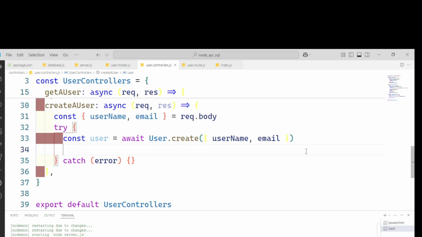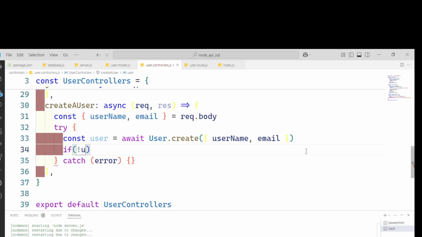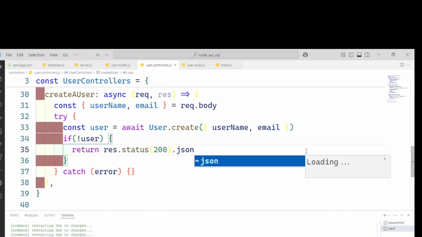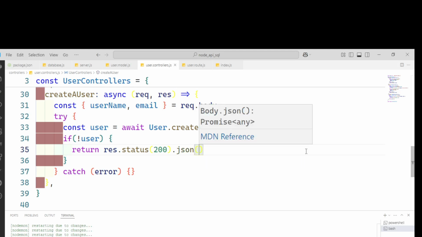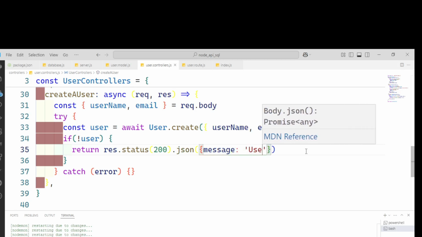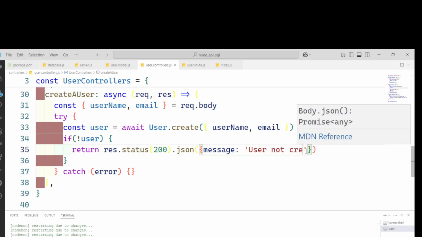If you can't create the user, you can just say return res.status 200, and then say JSON message, user not created,